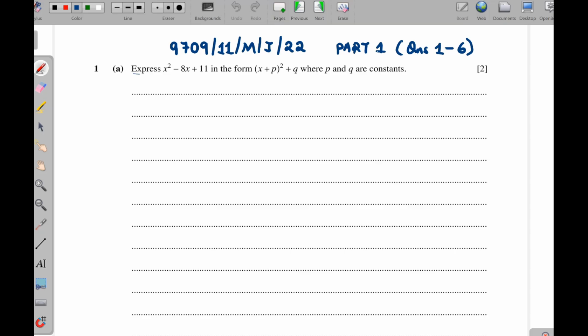Question 1 part A, express x squared minus 8x plus 11 in the form (x plus p) squared plus q, where p and q are constants. Now this is what we call completing squares. I'm going to show you two approaches. You pick the one which is simpler for you. The first one,